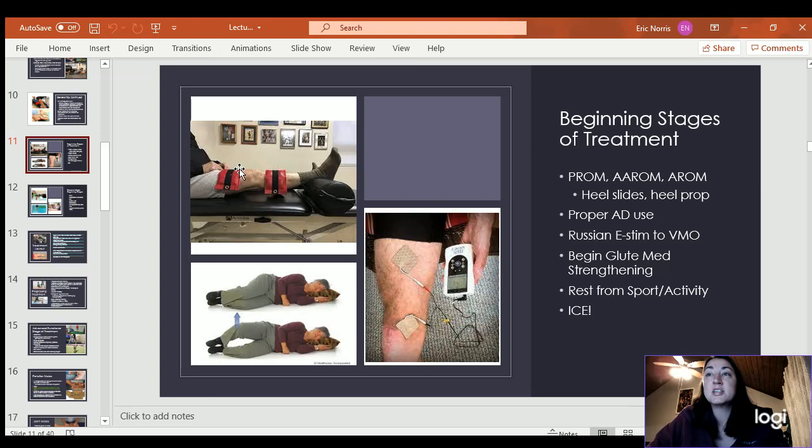We, of course, will teach patients how to properly use their assistive device, and we can start glute medius strengthening, of course, VMO strengthening as well. It's really hard for the VMO to wake up and start activating, so most of the time we will use Russian stim initially. And remember, with